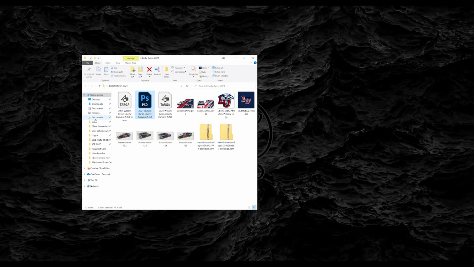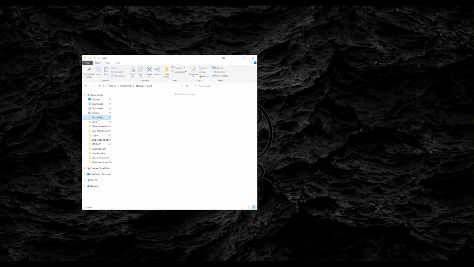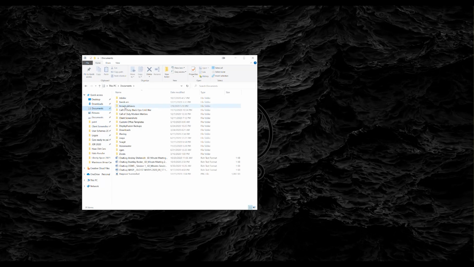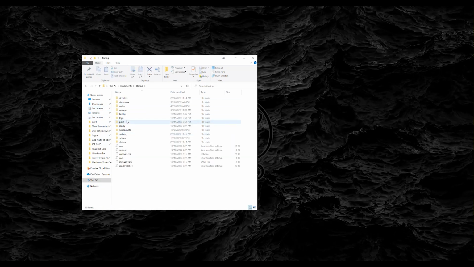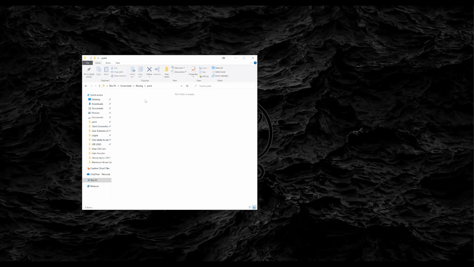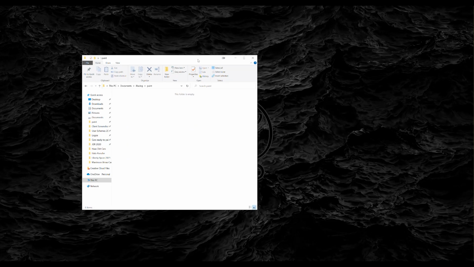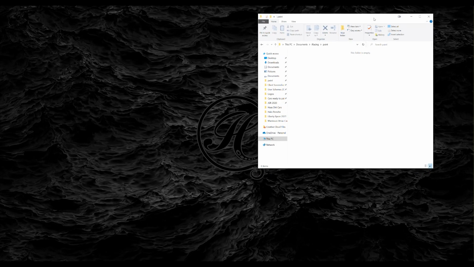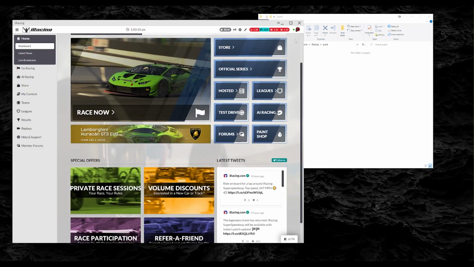First of all, you need to know where the folder is where your paints go. It is in Documents, iRacing, Paints. Now I took all my folders out of here just so you guys can see what happens when we put one in. So open the new user interface